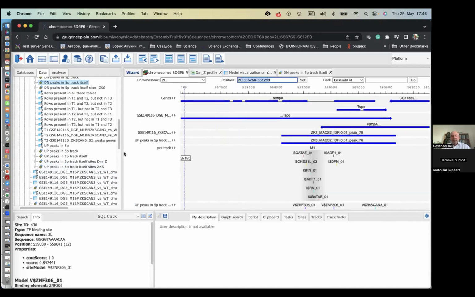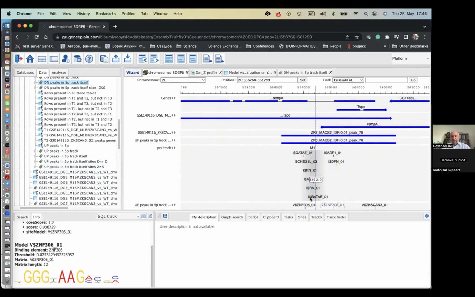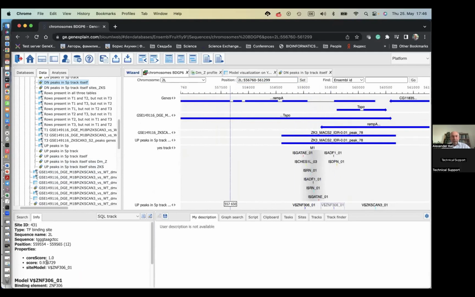So for instance, here you see this peak. In this peak we have two sites for this human factor. Pretty good sites actually. The score is 0.93, and which are accompanied by other sites from the endogenous factors, which in our opinion help to regulate those genes. Okay, so that's the Drosophila story, but as you remember, I promised to tell something about palm,